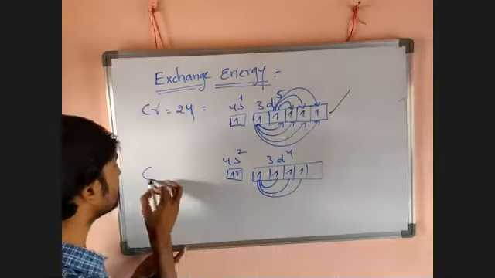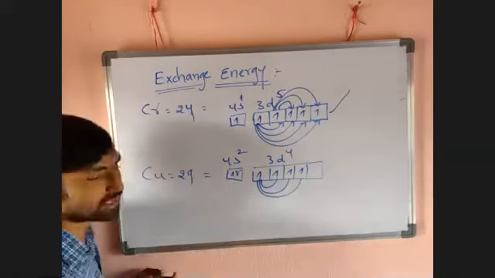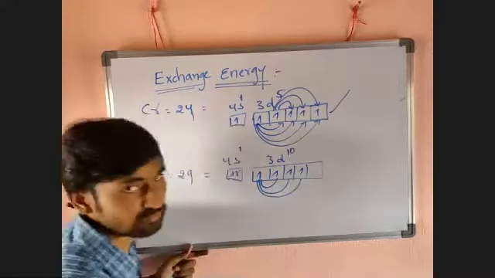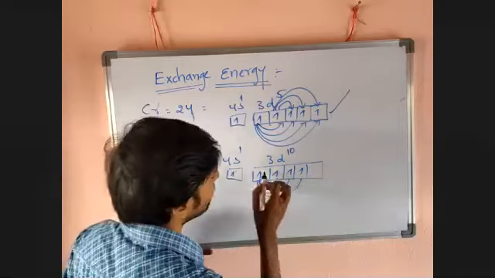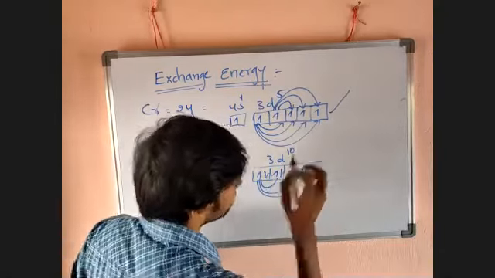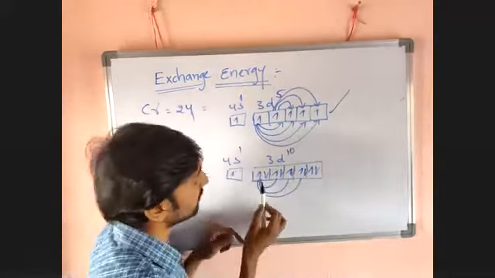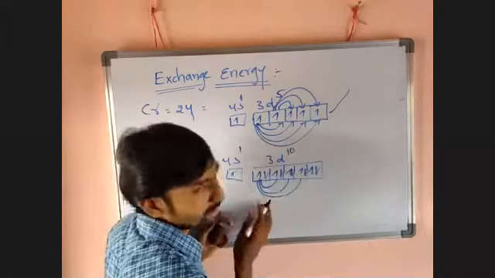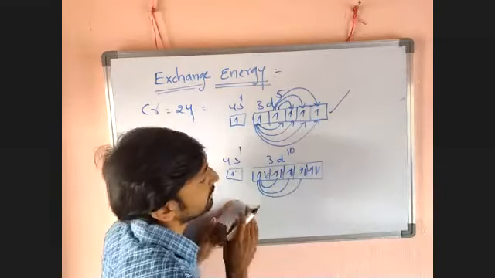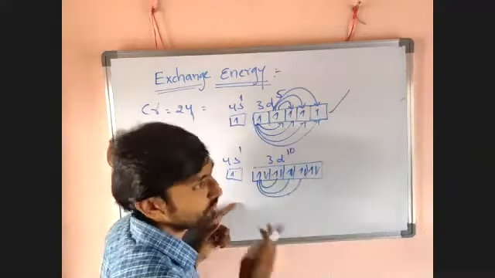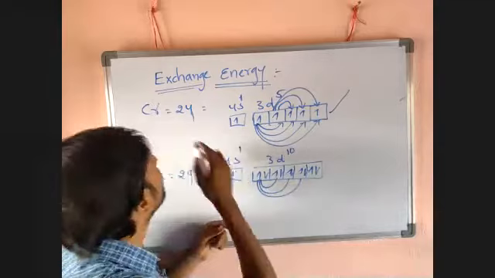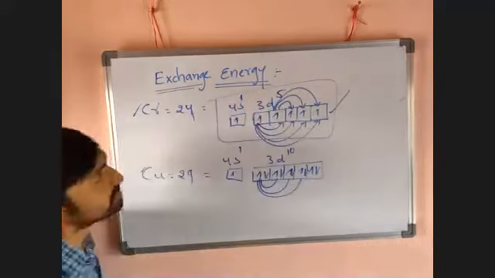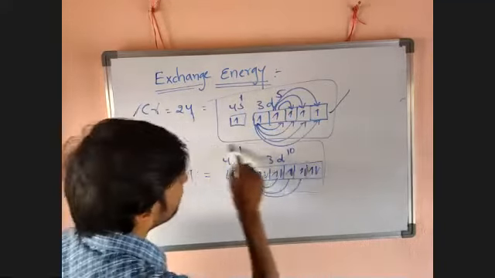Now I will take copper in a similar way. Atomic number 29. Electronic configuration is 4s1 3d10. Here one electron, here 1, 2, 1, 2, and so on. Now how many same-spin electrons are there? 1, 2, 3, 4, 5 in the upward direction, and also 5 in the downward direction. So it has more exchanges than the general configuration 4s2 3d9. That's why copper's configuration is 4s1 3d10, and chromium's is 4s1 3d5.